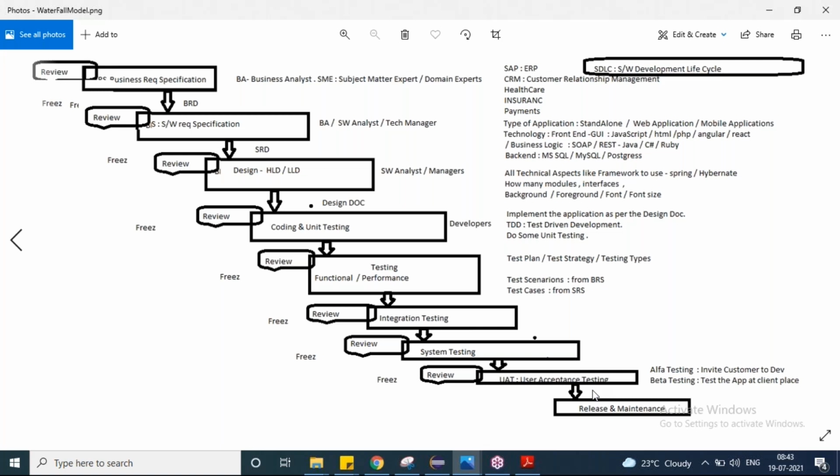If a defect comes, how are we going to report it, and what hardware resources, software resources and human resources are required. All these things have to be documented clearly in the test plan, and based on the test plan only the recruitment will happen.